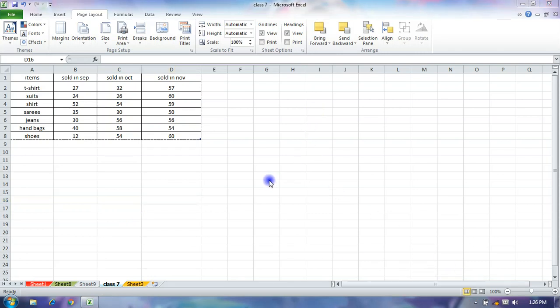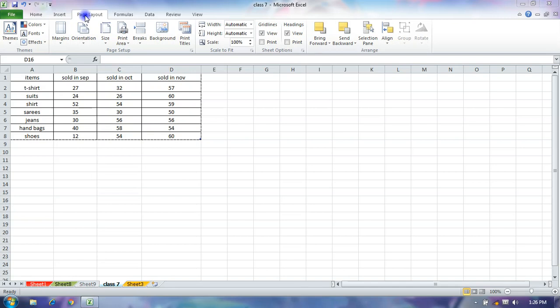Today we are learning about the Page Layout option in Microsoft Excel. The Page Layout option is used for page-related options, as we studied in MS Word.